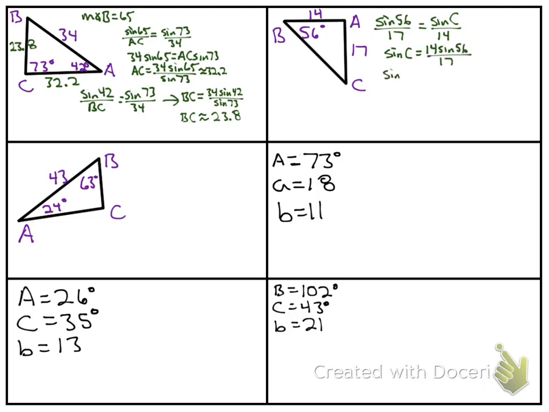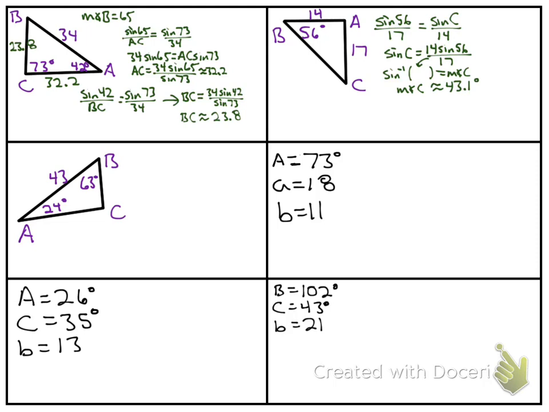And then I'm going to do sine inverse of that to get the measure of angle C. So with our calculator, I'm going to do 14 sine 56 divided by 17. That should give me about 0.68273, and it keeps going. Now I'm going to do sine inverse of that decimal, and I get that the measure of angle C is about